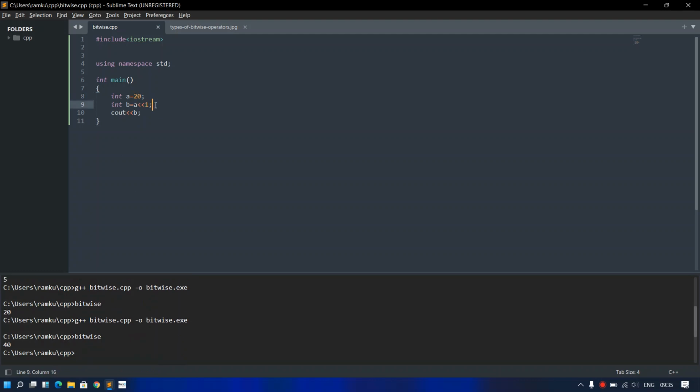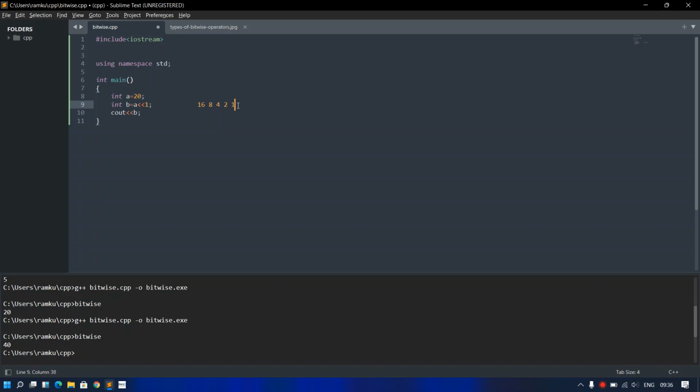So this left shift operator shifts the value by one position. You can see that the binary value of 20 is computed from place values 1, 2, 4, 8, 16. So it will be 16 plus 4, which is 20.